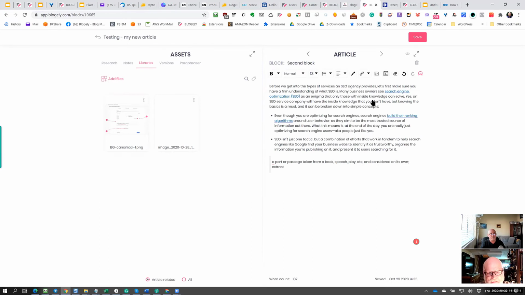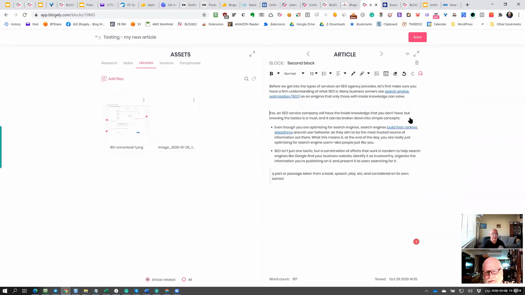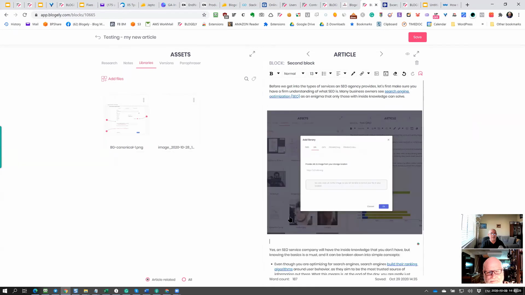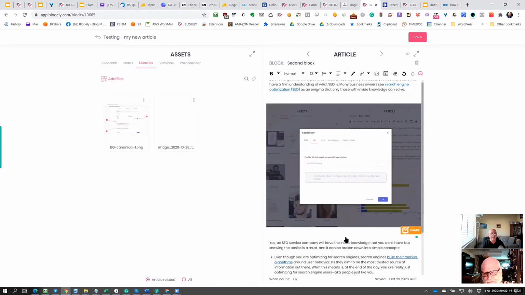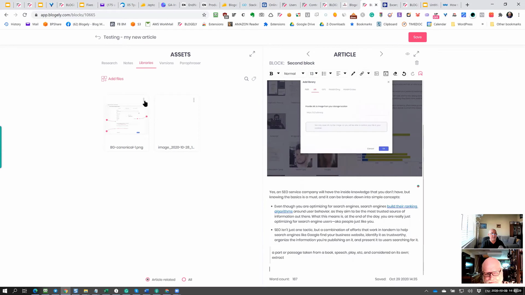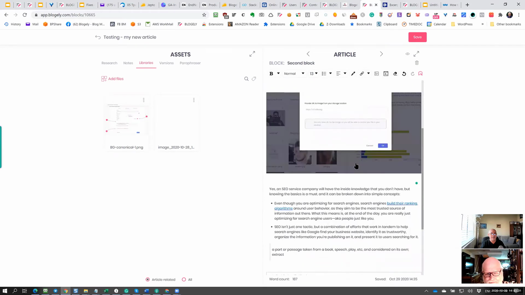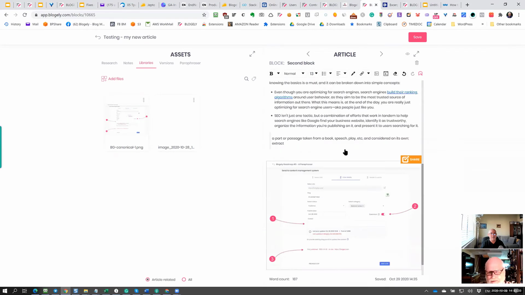And it will always be linked to your article. So let's say I want to expand it, and maybe I can put my image in the article itself, right here. Let's say I want to use this image, and I simply click here and the image shows up. And let's say the second image, I want to put at the bottom, and I click here and it shows up. So you can see now two images are there.